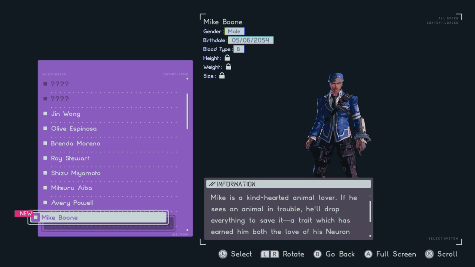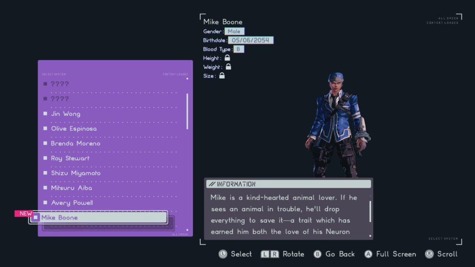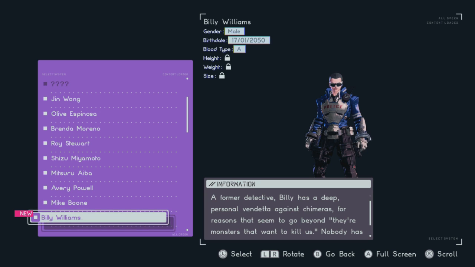Mike Boone. Mike is a kind-hearted animal lover. If he sees an animal in trouble, he'll drop everything to save it, a trait which has earned him both the love of his Neuron squad mates and more than a few reprimands from the commander. Billy Williams. A former detective, Billy has a deep personal vendetta against chimeras, for reasons that seem to go beyond